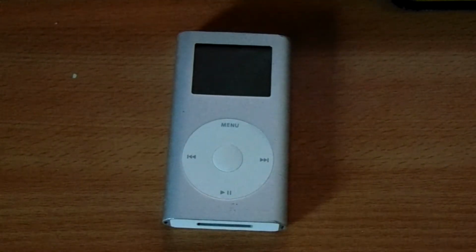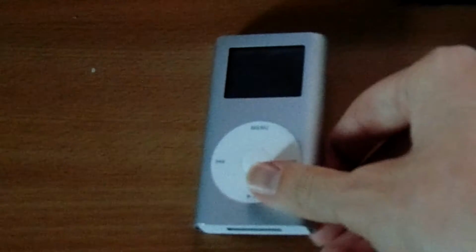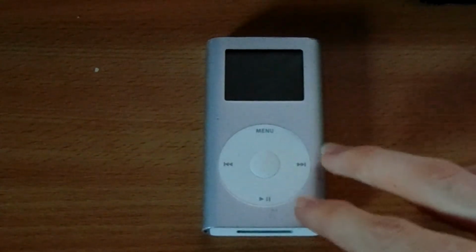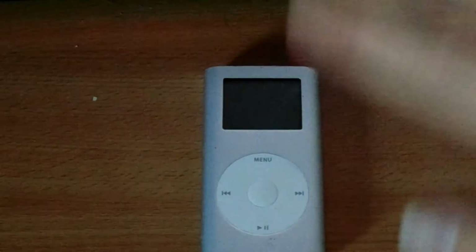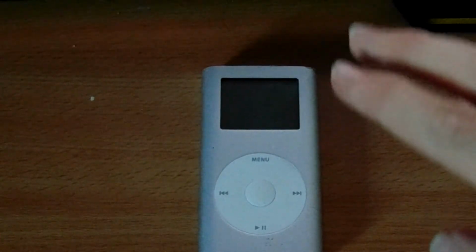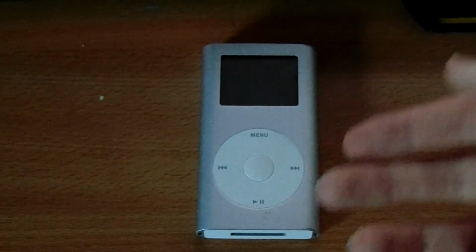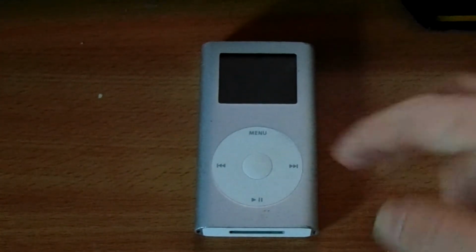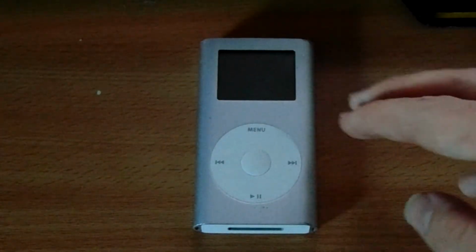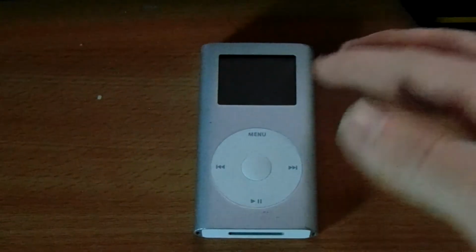And there we go, our iPod mini is now reassembled, and it's like no one was ever in it in the first place. And I've got to say, this thing is leaps and bounds easier to get into than modern Apple products, and it's actually quite impressive how everything is put together. It's also really impressive how user serviceable and upgradable this thing is. You can change the battery, as you've seen, you can change the storage, you can replace the click wheel. There really isn't much that you can't replace on one of these, and it is fairly easy to get into,